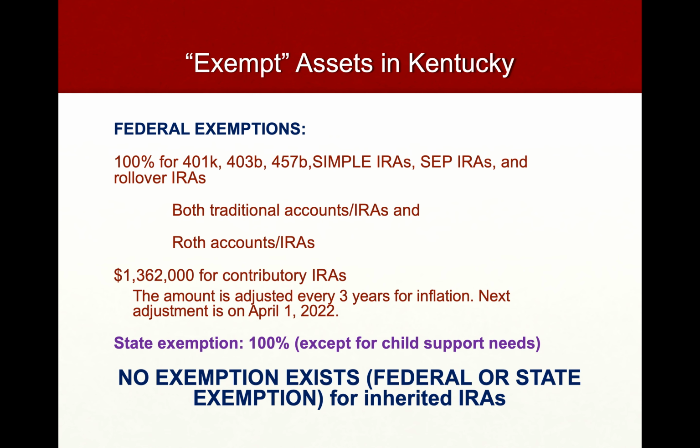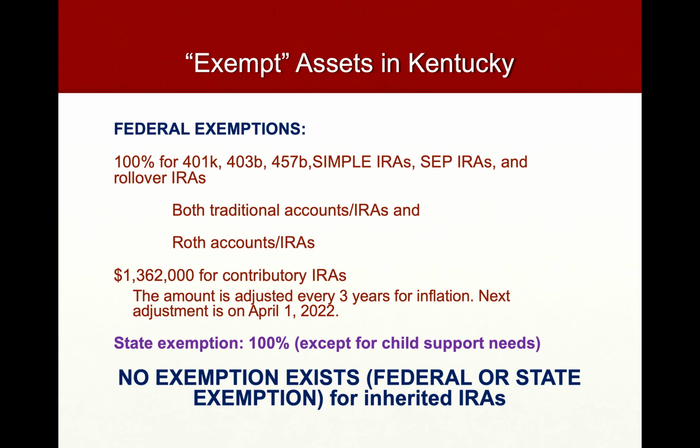Probably the biggest exemption out there is for retirement plans, including pensions. This also covers 401k, 403b, and other types of retirement plans and IRA accounts and Roth IRAs and the like. If you save within a qualified retirement plan with an employer, those are 100% exempt regardless of value. If you roll them over into a rollover IRA account, then they remain exempt.